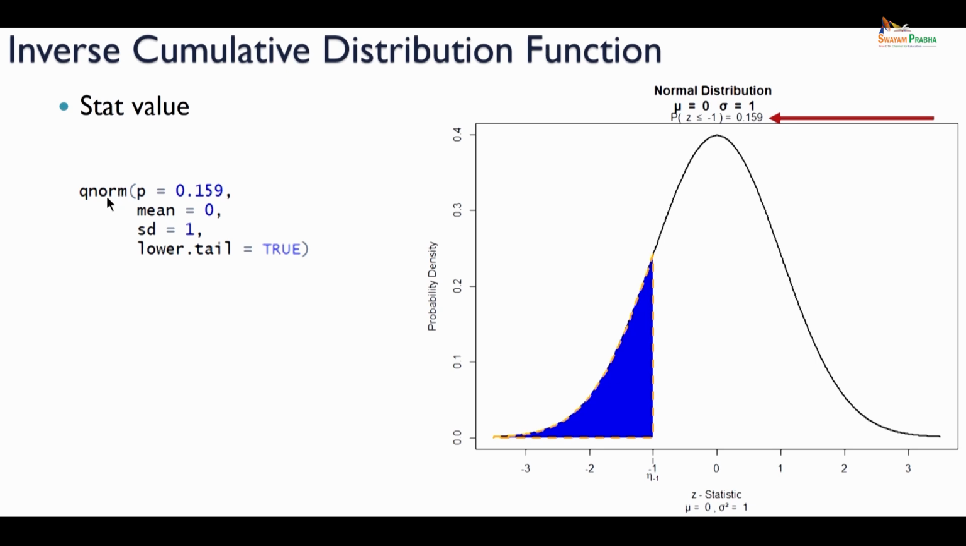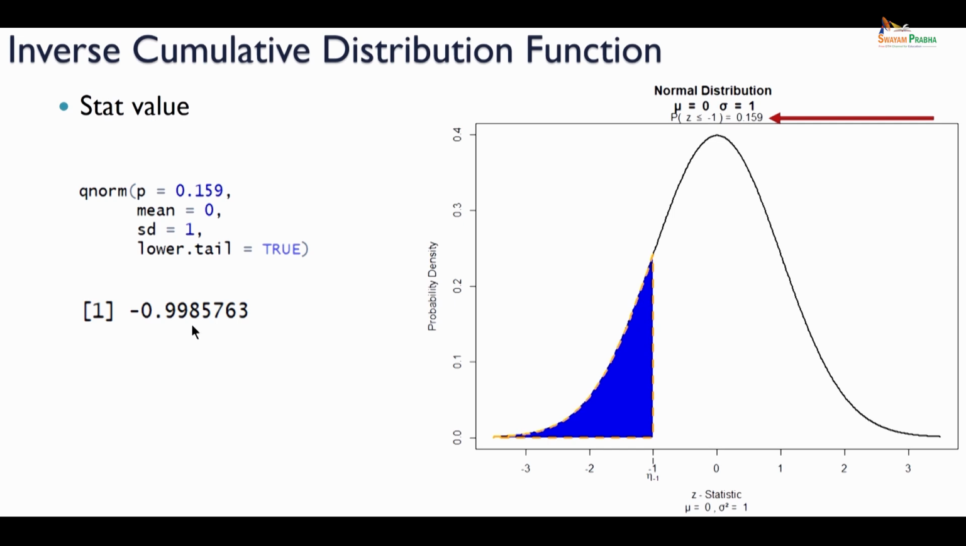So, instead of P norm I am going to use Q norm because I want to find the start value. I know the area of the shaded region, so I am going to give that as the probability value. The mean is again 0, the standard deviation is again 1, and I am going to give the lower tail as true. If you do that you get a value of minus 0.998,